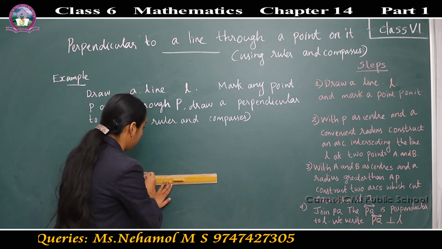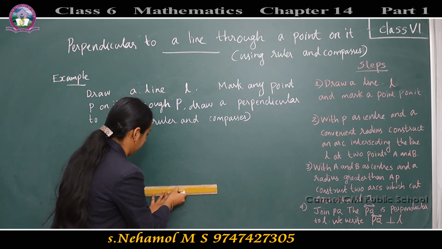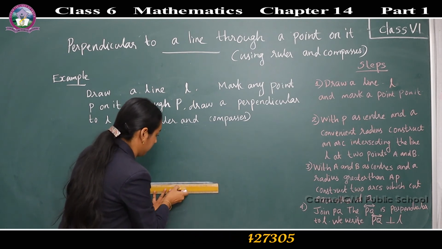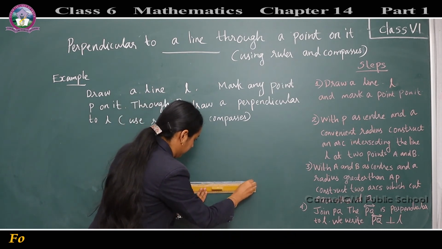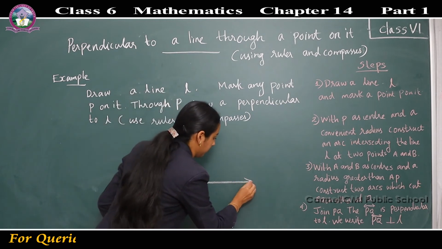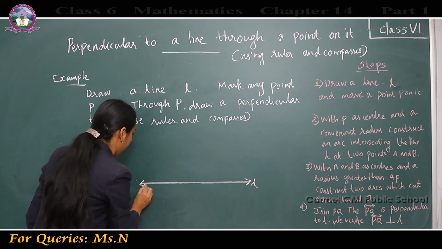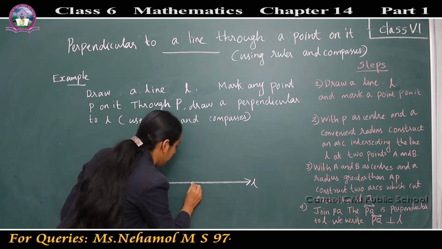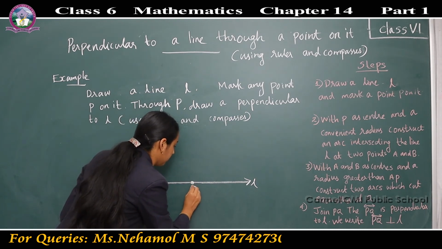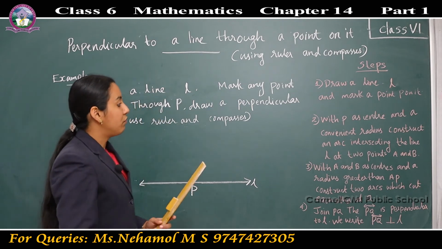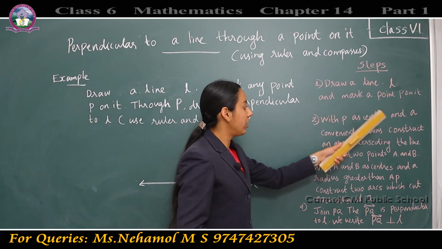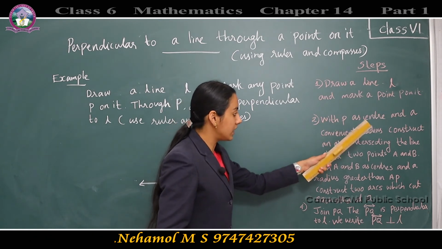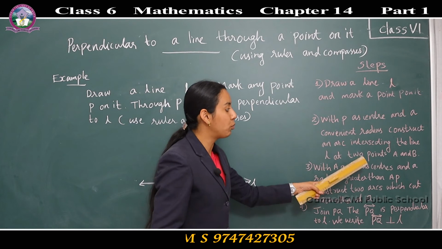First, we have to draw a line L and mark a point P on it. Then with P as center and a convenient radius, construct an arc intersecting the line L at 2 points